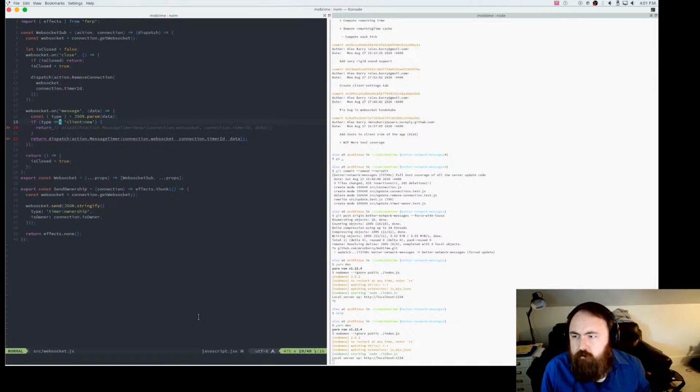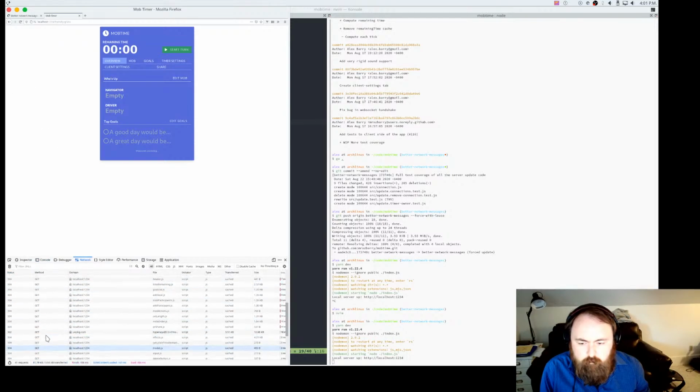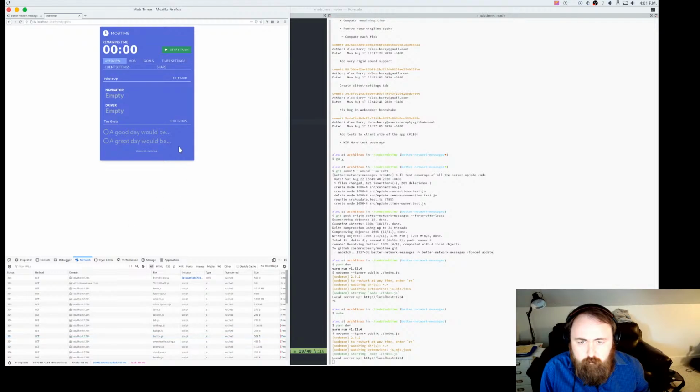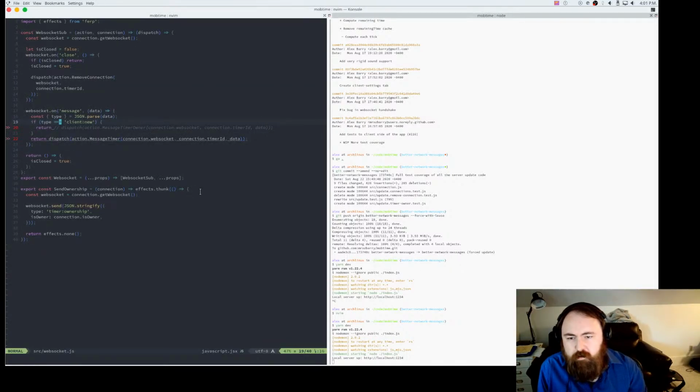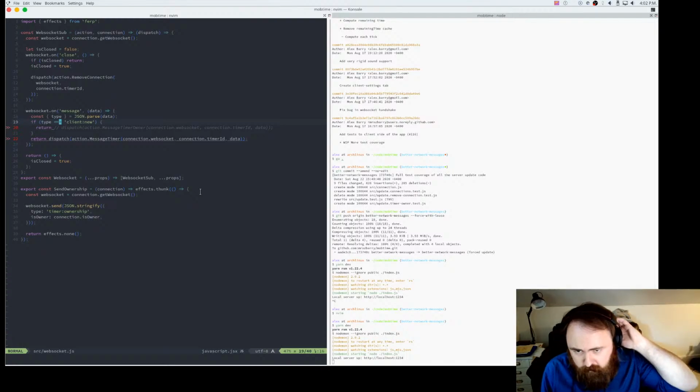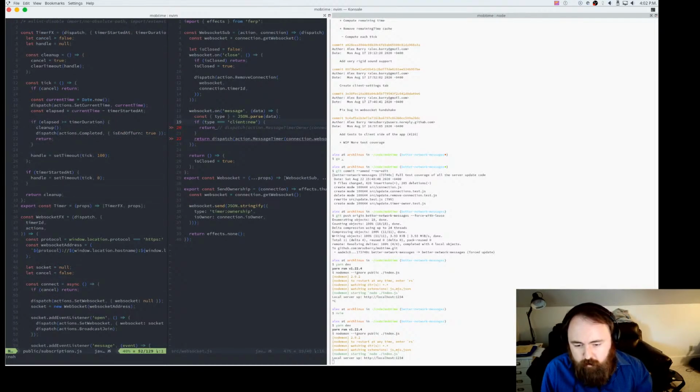But that's not quite true because it should be sending something still. Did I cause an error? No WebSocket messages. That doesn't make any sense. So we're definitely sending the WebSocket message. Something isn't adding up here.